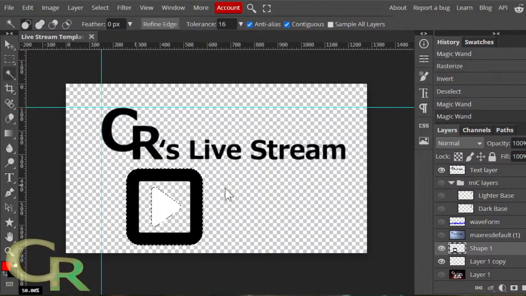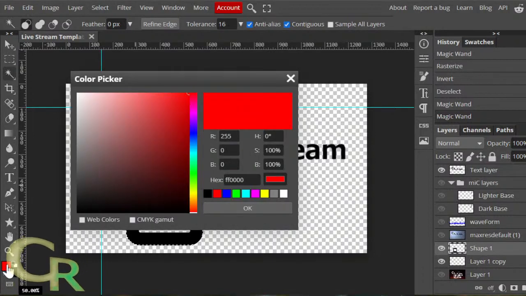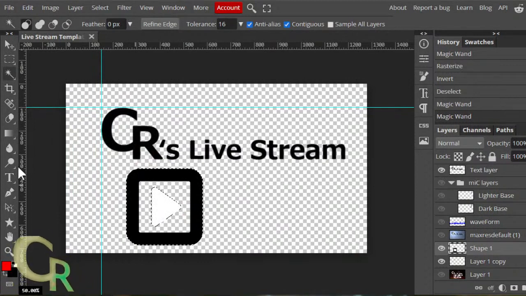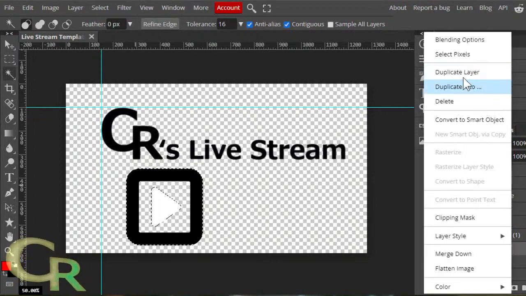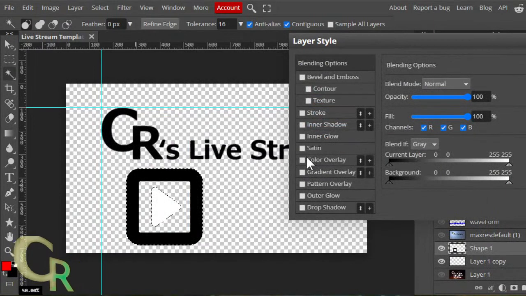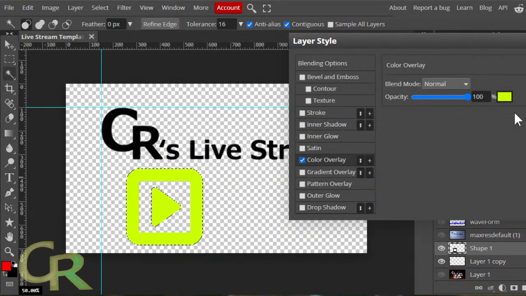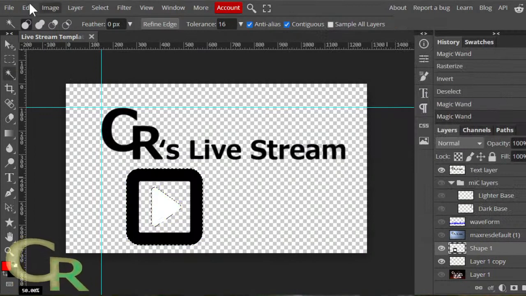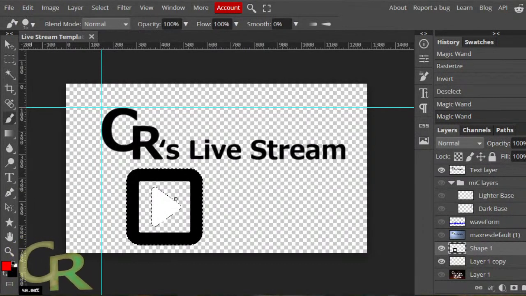So let's go for a red like that. I should be able to. No, actually, let's go to painting options. I should be able to go to painting options for this. No, I can't. No, I have to fill it in. No, since I have it selected, I can just brush it in.